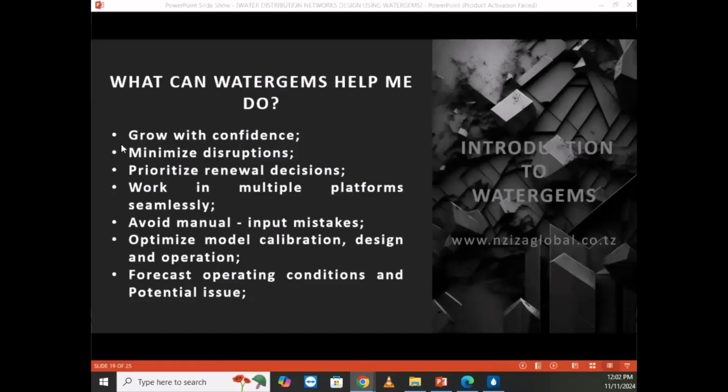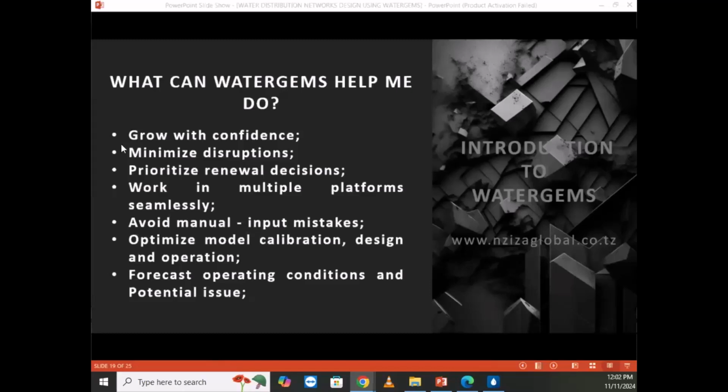I don't know if you made errors, but with Excel sheet, you used to make many errors. Most of the time, you take water at the point where it haven't to be taken. Yes? You are laughing. So there are many errors, and also checking for those errors, most of the time, is impossible. So with WaterGEMS, it will help us to minimize the disruption, prioritize the